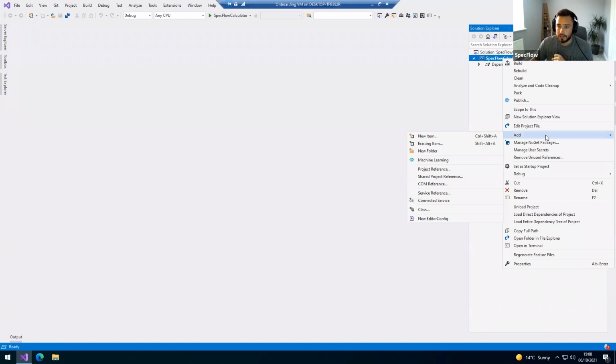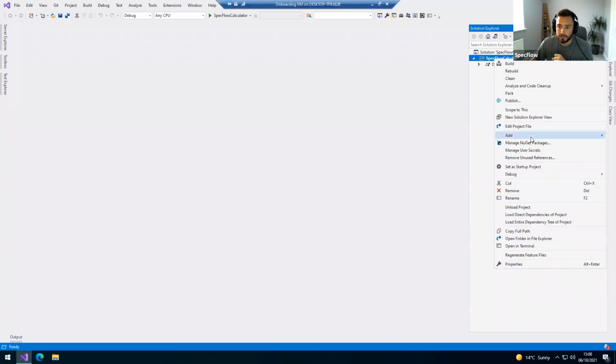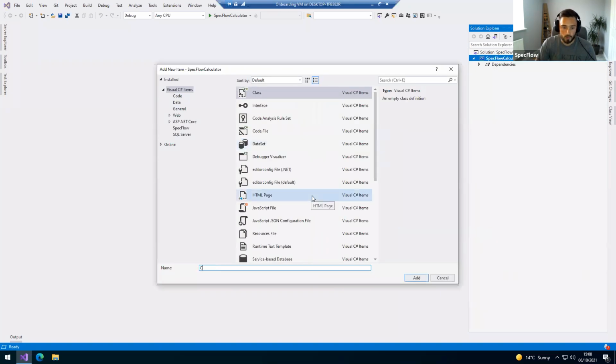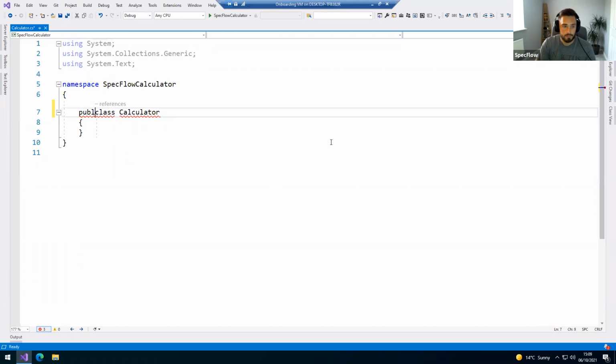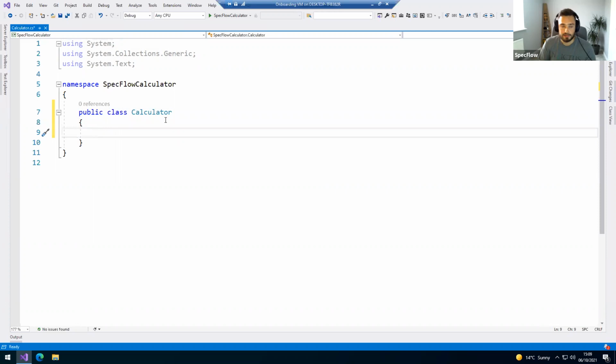So let's add a new class. You can right click on your project, come down to add, and then at the bottom of this list, we'll see class, and we'll call this Calculator. This is going to be the class that we're testing. Okay, so obviously our calculator needs to do something. So I'll make this public first of all. And our calculator is going to be very basic. Effectively it's going to have 2 numbers, and then we're just going to add those 2 numbers together. And in the end, we'll check the result to make sure that our calculator is working